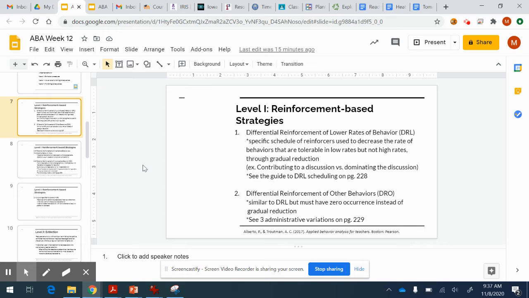Reinforcement is also contingent on the non-occurrence of behavior within a time period that has been divided into small intervals. So making sure that, especially when we start out with reinforcing that behavior, we're not expecting the student to carry out that zero occurrence behavior the entire day or the entire time. Again, you have to know your learner. Depending on where your baseline is at, depending on what you're starting out with,